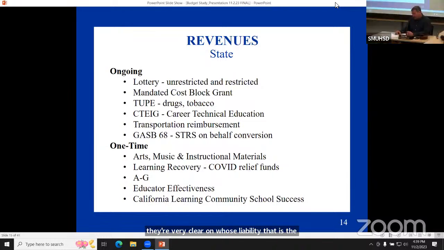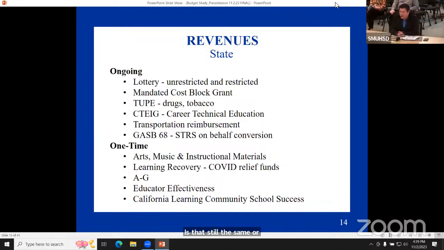Before you move on, just the mandated costs. Has that evolved? Because I remember we had to do all those mandated reporting costs and we had to use outside agencies to make sure that we're doing it right and getting our reimbursements. Is that still the same or has that changed a little bit? So it has changed significantly. Okay. So under Governor Brown,